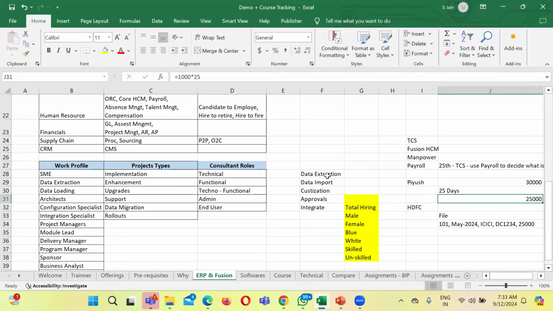Then guys, there may be a requirement that data extraction engineers are required. Based on the data that has been prepared, that data has to be extracted into this format and sent to HDFC Bank by 27th of every month. Once HDFC Bank receives this file, which may contain how many rows? It may contain maybe 2 lakh rows. Then by 28th,